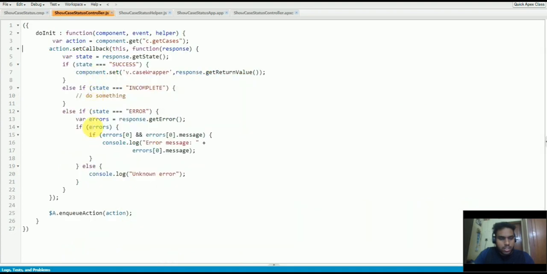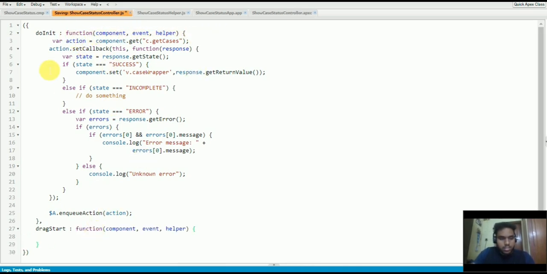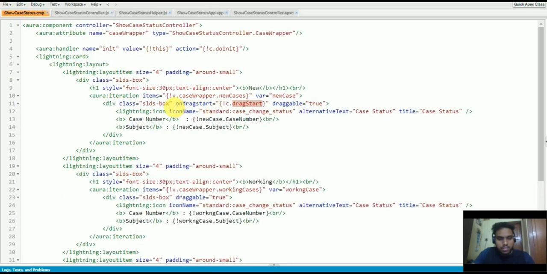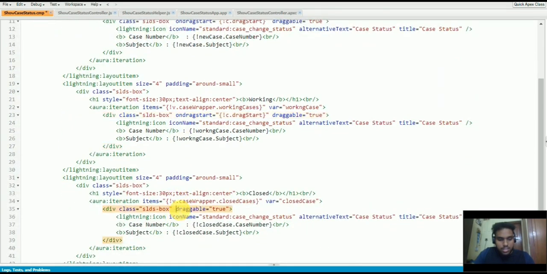Here I'm going to add this function in my controller. Similarly, I'm going to add this drag start event in both the section divs, one in this section and the other in this section.